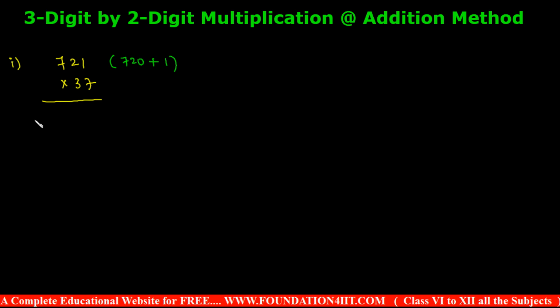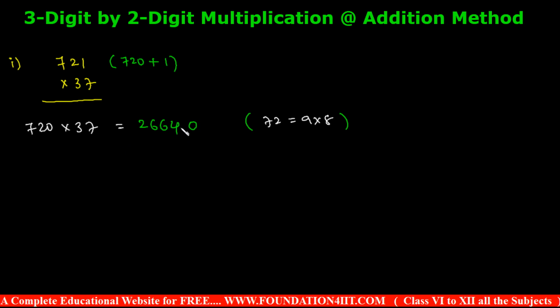So same concept, 720 into 37. We will not consider the 0. So 72 into 37. But if you treat 72 as 9 into 8, then you can multiply 9 ones with 37, so that is 1, 2, 6, 6, 4, and we can keep an extra 0. 72 is equal to 9 into 8, so 9 into 37, single digit with 37, and next the answer with 8.